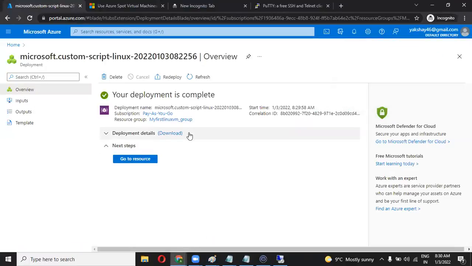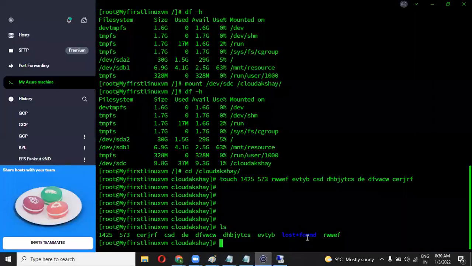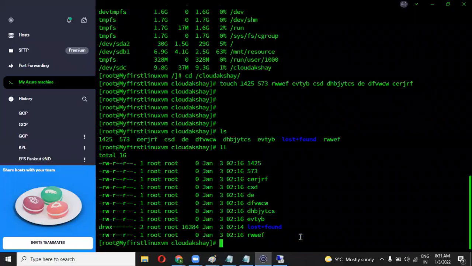Ajay, for many days I have had a doubt. What is that lost+found folder? I have seen it in every Linux machine. This is the lost+found folder. Yes, it is a default folder in the Linux machine, in every folder, and it is also a hidden folder.